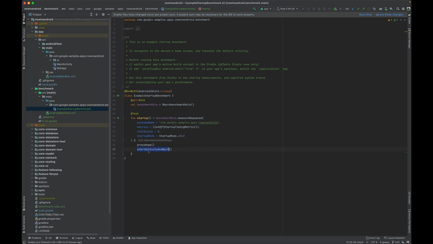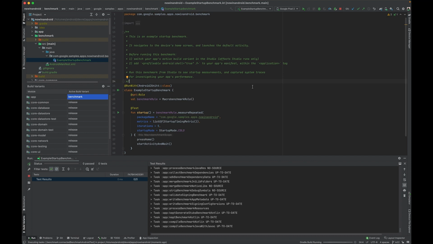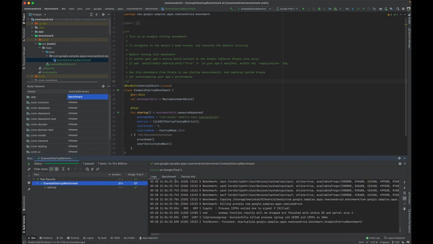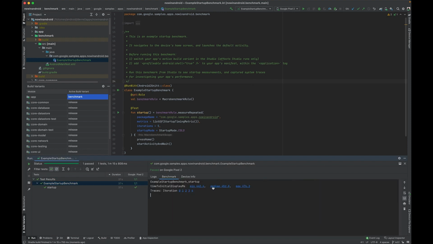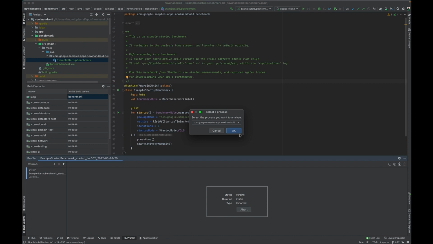The newly added module comes with a basic test that cold launches your application 5 times in a row. Instead of the launcher activity, which is the default behavior, you can create any intent your app reacts to and drive the test using UI Automator. This way, you can run entire user journeys. When I run this on a connected device, I see the results come in after the application has been created and torn down 5 times. I can also click on the results to analyze them more in depth in the profiler directly to identify performance bottlenecks. For more benchmarks and details, check out the performance samples on GitHub, linked in the description.